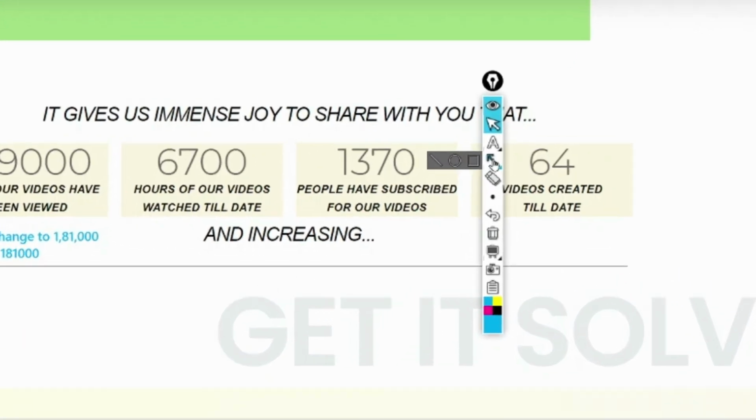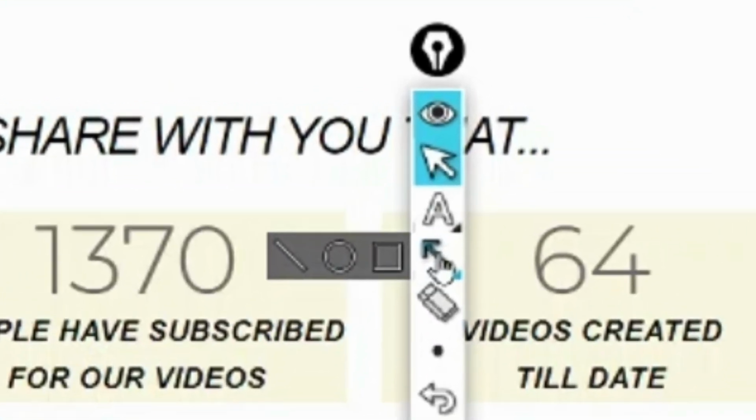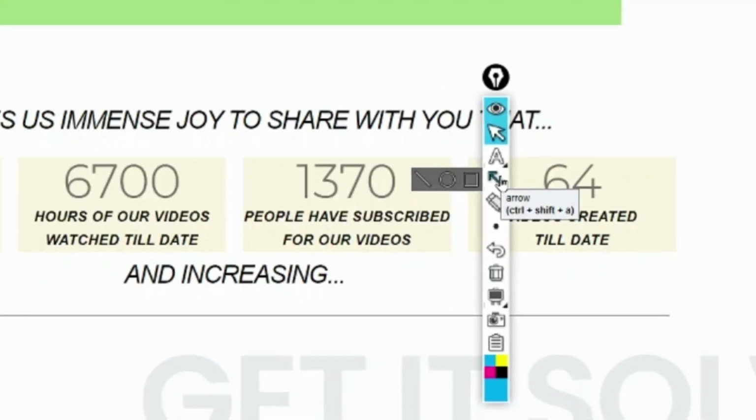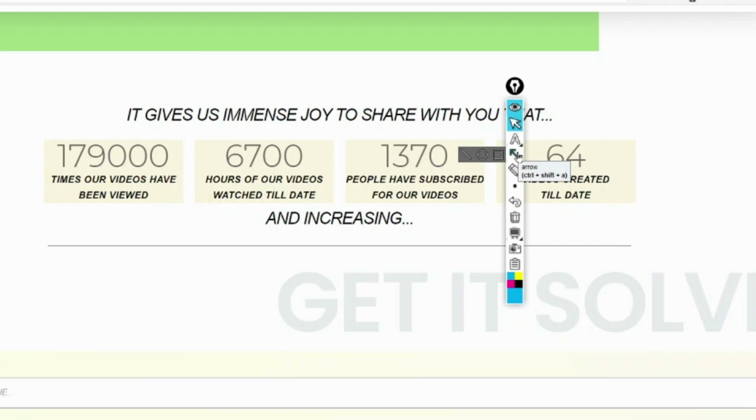So the next feature here is the line, circle, square and the arrow. This option is available only in the Pro tool, and believe me, when I used the free version I thought I'm pretty good at drawing, but when I started using the Pro version I realized yes, maybe spending $25 to look more professional is worth it.